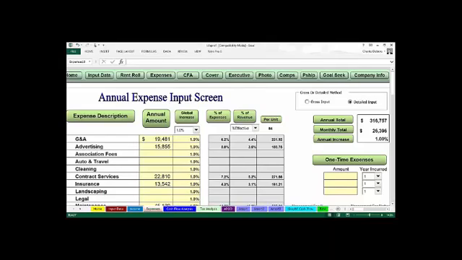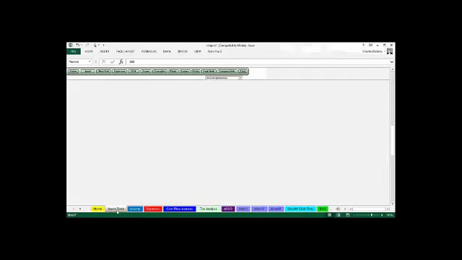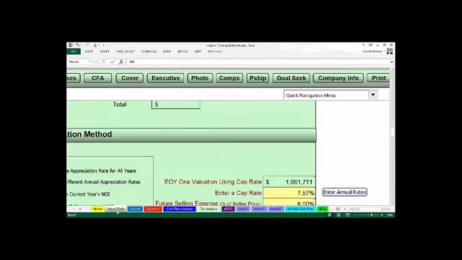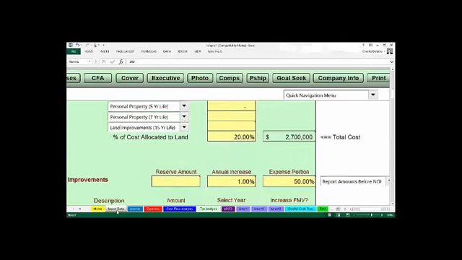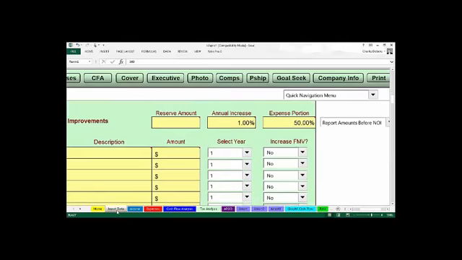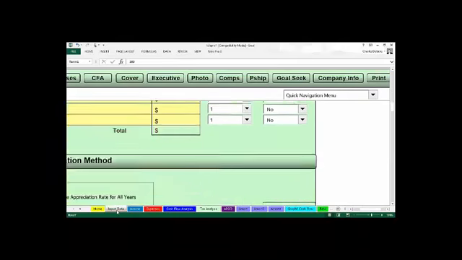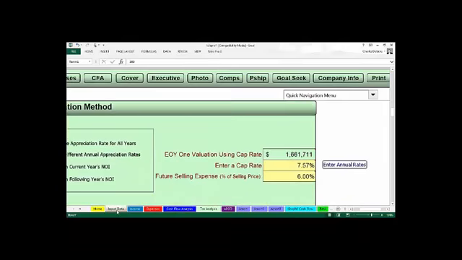Now, remember, the broker gave us the cap rate. We have the NOI. We have the cap rate. Let's see how the 2.7 purchase price is in line with that number. What we do is we jump back over here to the input data section, and we scroll down. Remember, there's our 2.7, and look at this. We come right up here to this number. Look at that. At a 7.57 cap, this property is worth